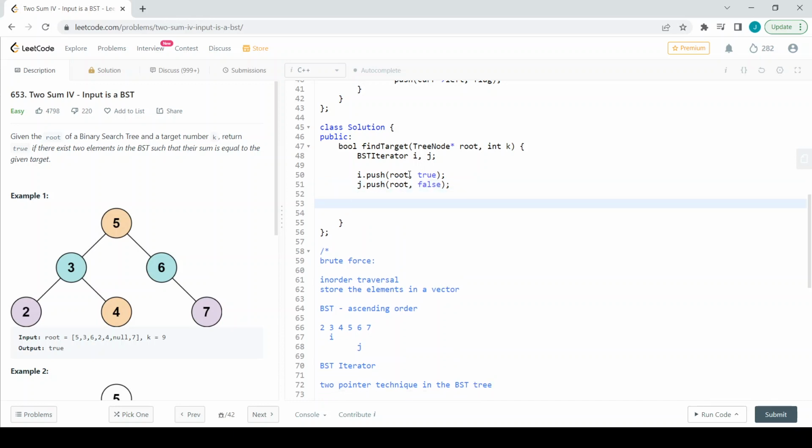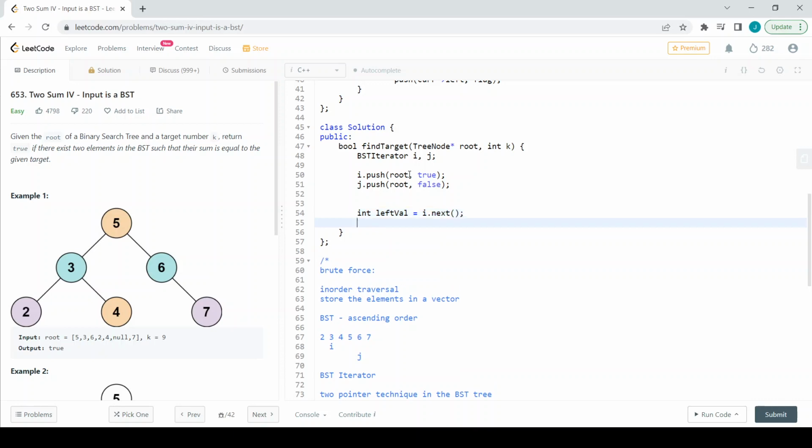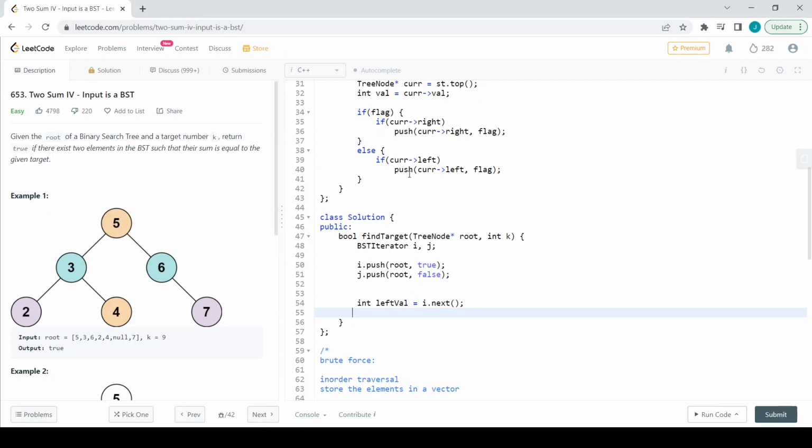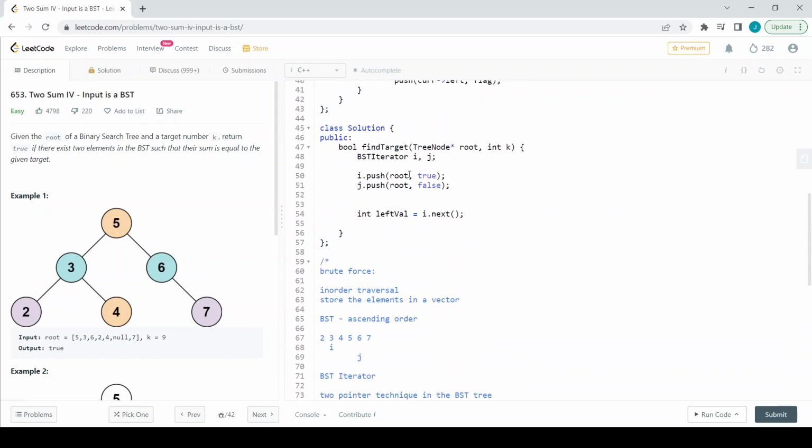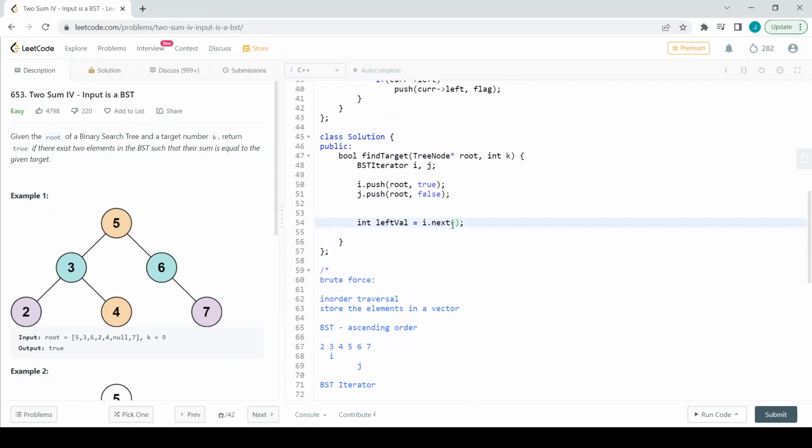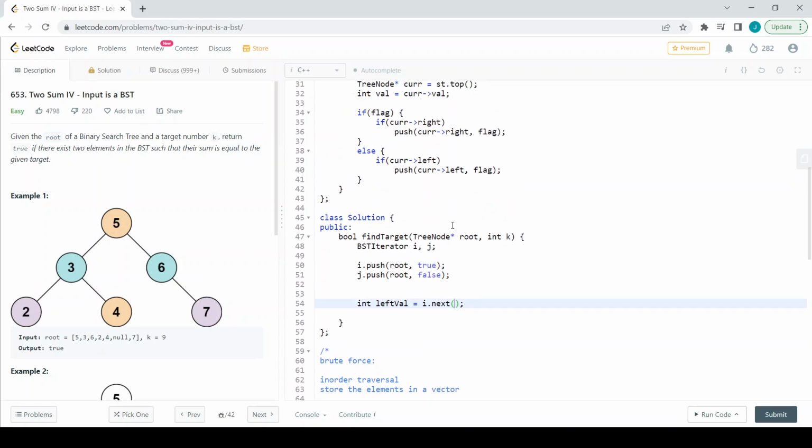So what will be the base condition? The base condition is nothing but the same thing that applies here. I will get the int left val, which is nothing but I dot next of